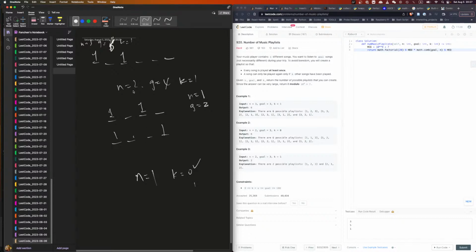So if n equal to 2, go equal to 4, we can say, okay, I set 1 here, and then we have to repeat. Then we have to have 1 here, or we have to have 1 here, right? And then, depending on